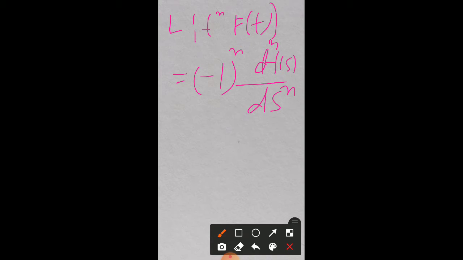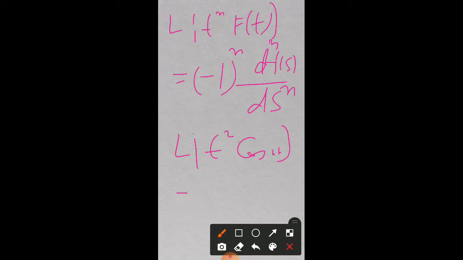In the theorem of the derivatives of Laplace transform or multiplication by powers of t, we have proved this relation. If we use this relation, we get Laplace transform of t square cos at